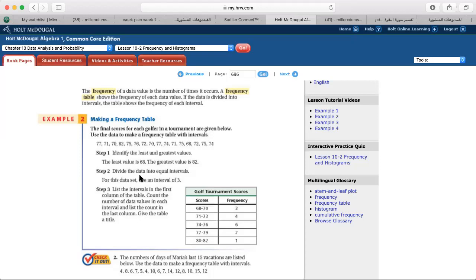Again, divide the data into equal intervals. For this data set, use an interval of 3. So for this number, I'm going to count 3, but include the first number,